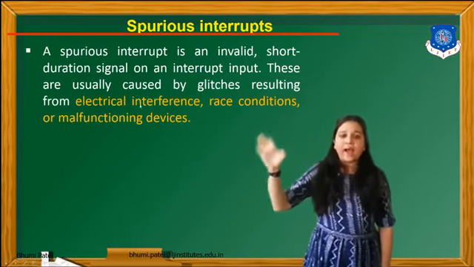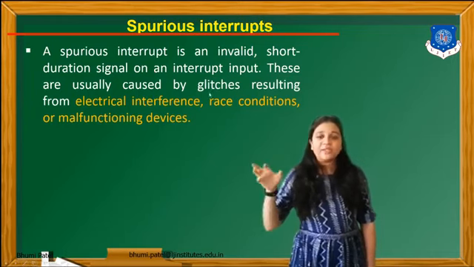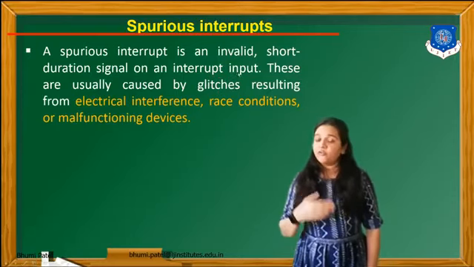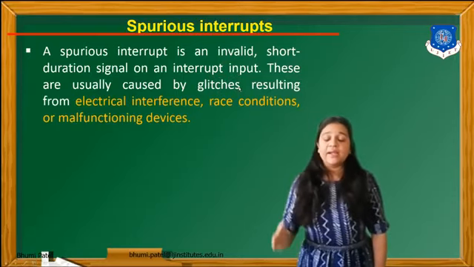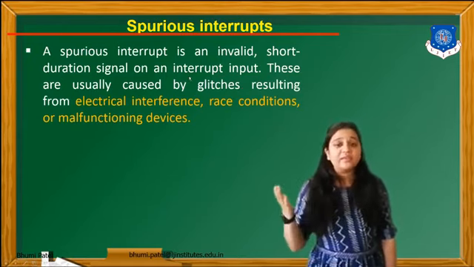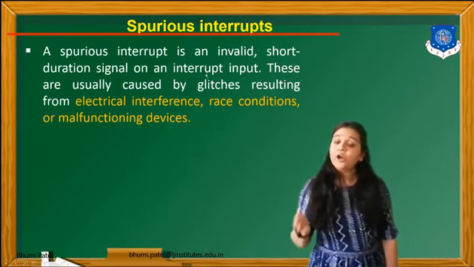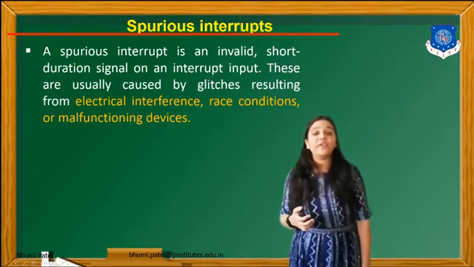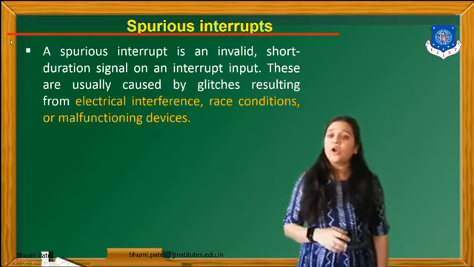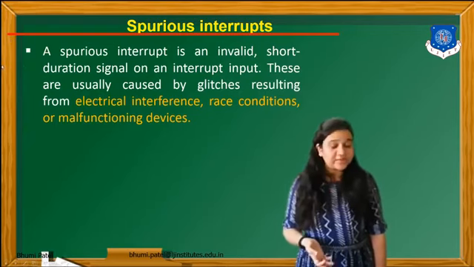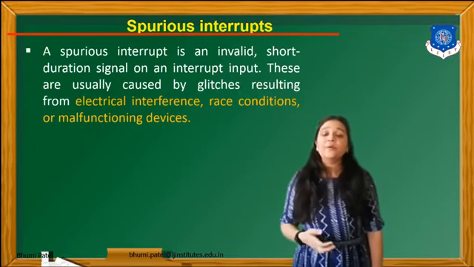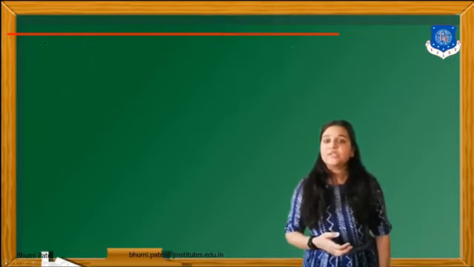If we connect the hardware and there is a problem, this type of interrupt is known as the hardware interrupt. If we deal with the programming software and any interrupt arises, that type of interrupt is known as the software interrupt. If we deal with the state, the 0 or 1 state or binary number, that type of interrupt is known as the masking interrupt. And if any unwanted signal, electrical interference or malfunction arises during programming or hardware implementation, that type of interrupt is known as the spurious interrupt.